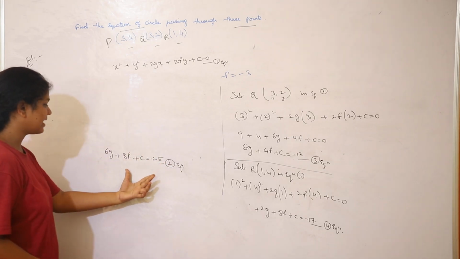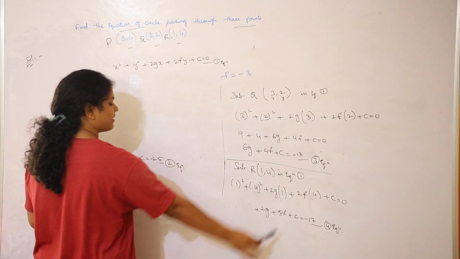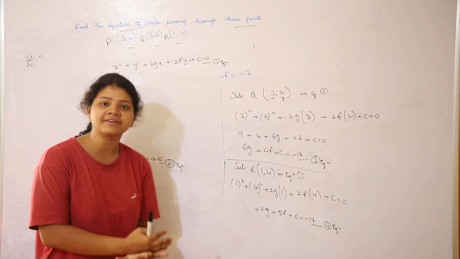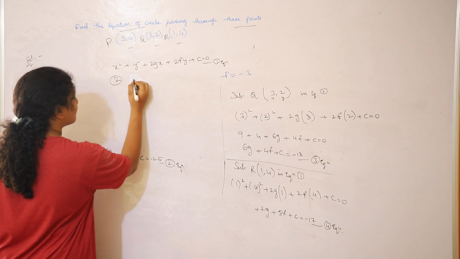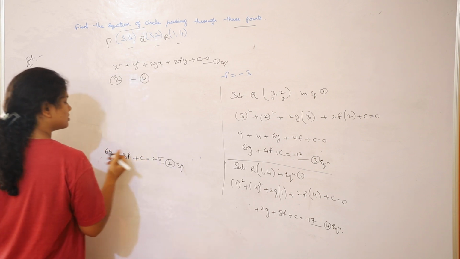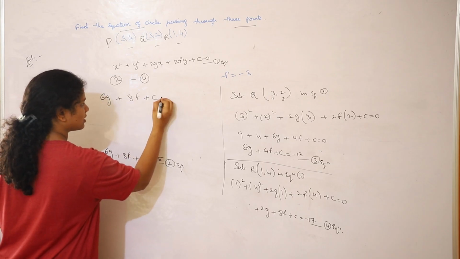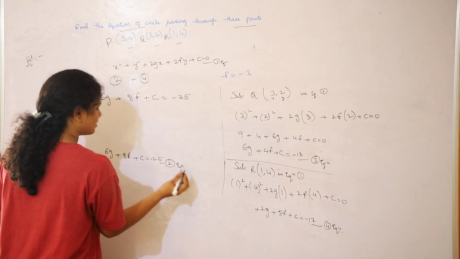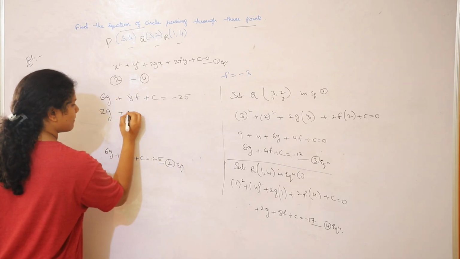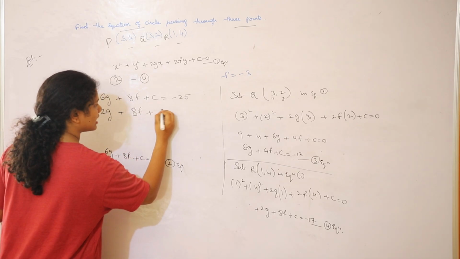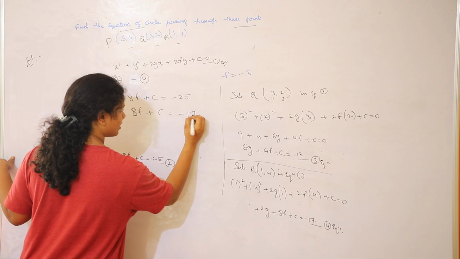So now what you do is take equation number 2 and equation number 4, because here I have 8f and here I also have 8f. 8f gets cancelled, so I can eliminate 8f to find the g value. Are you getting it? So equation 2 minus equation 4. This is equation 2, let me write it here: 2g plus 8f plus c equals minus 25. And I am writing equation number 4: 2g plus 8f plus c equals minus 17. This is 17, guys. Don't get confused by my writing, okay?